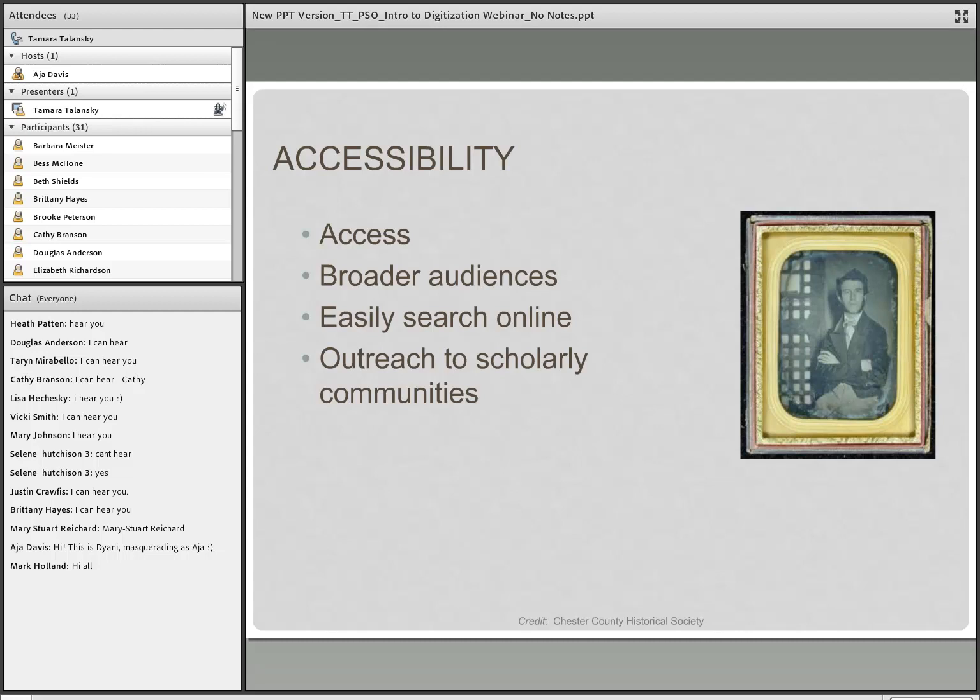The primary and usually the most obvious advantage of digitization is that it enables greater access to collections of all types. All manner of material can be digitized and delivered in electronic form. Digital materials can be made available to a broader audience than those who have the resources or ability to travel to see the analog collections.